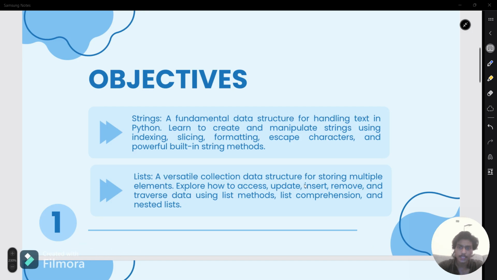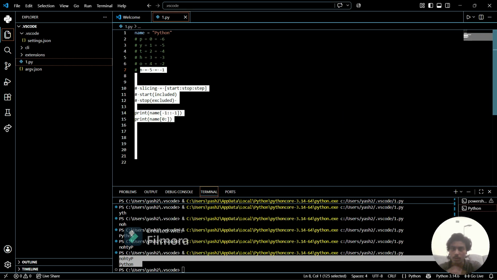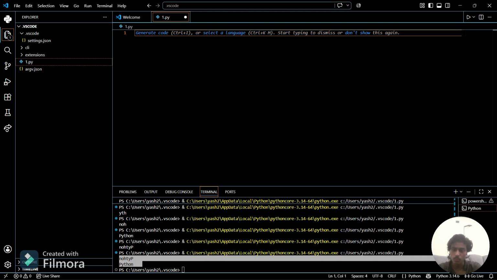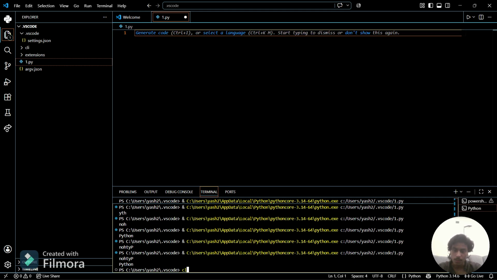We are on the PPT, and what we have done is how to manipulate and create strings using indexing and slicing. Now see what formatting is. Formatting is a very basic part. I'm going to explain it in VS Code. Let's come to VS Code. So here we are in VS Code. First I'm going to clear all this, and then